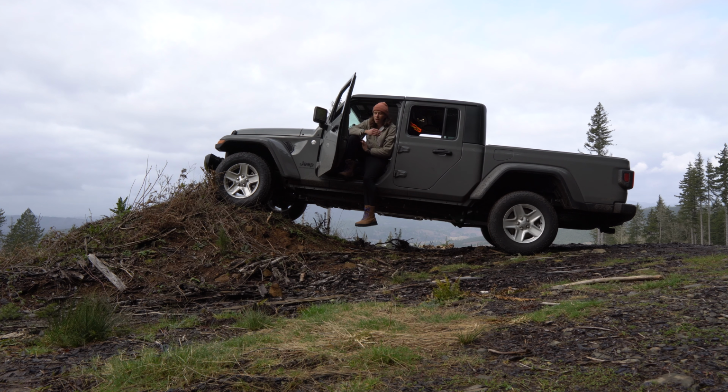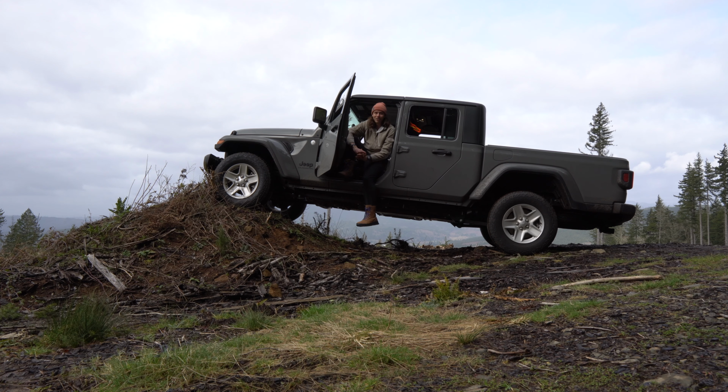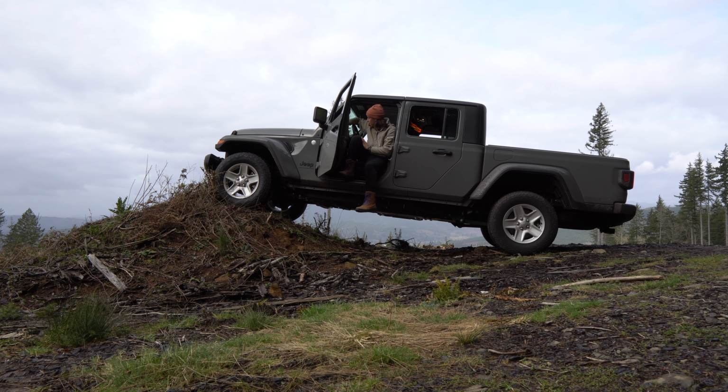I'm used to not being able to pass people on regular roads because my Wrangler just couldn't get up to speed fast enough. But with this Gladiator, it is not an issue at all passing people. So it's been a whole different driving experience for me. I'm absolutely loving it. 27 mpg,